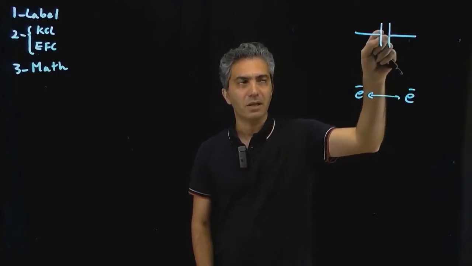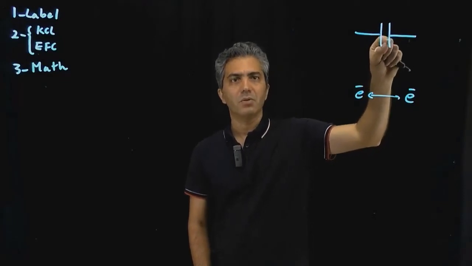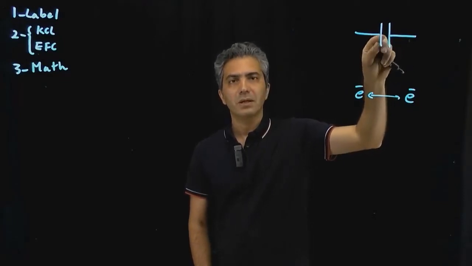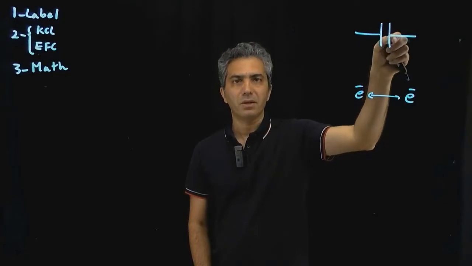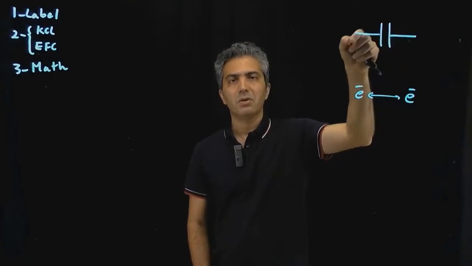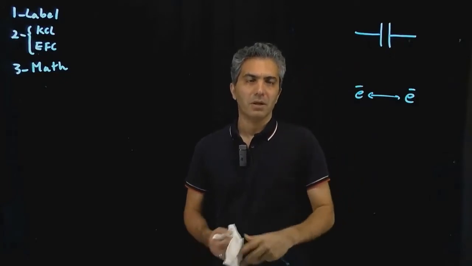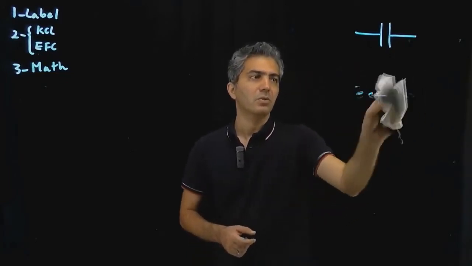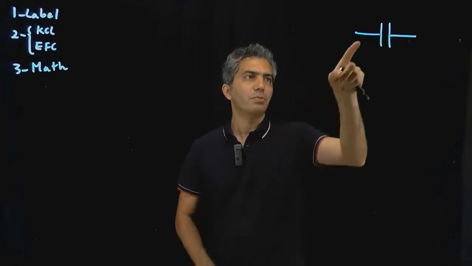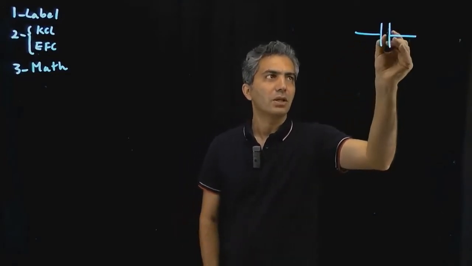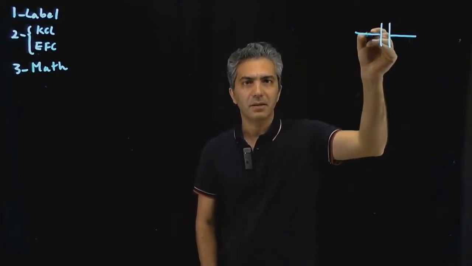The field or the force that is felt from one conductor can be strongly felt on the other conductor, so the charges start repelling or basically attracting each other. So once you apply a voltage between the two, you start getting charges accumulated in here,